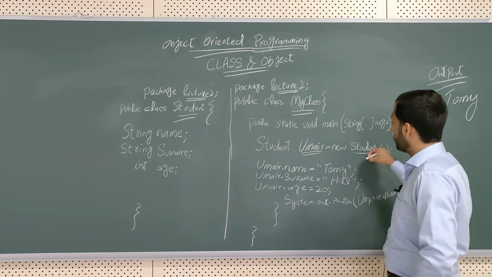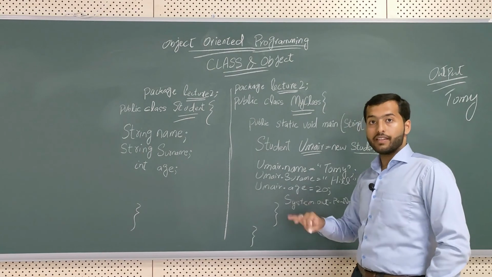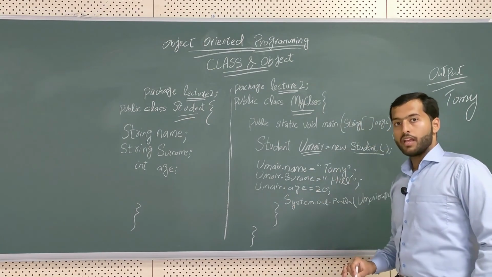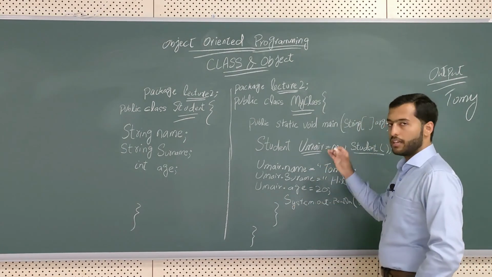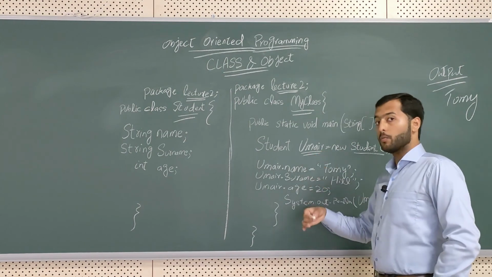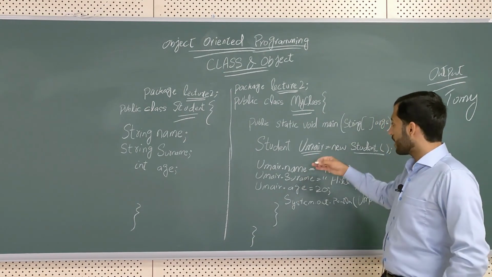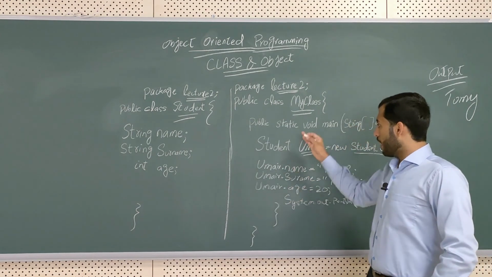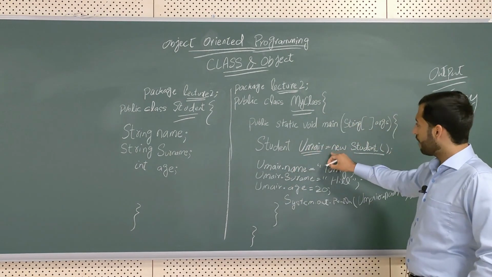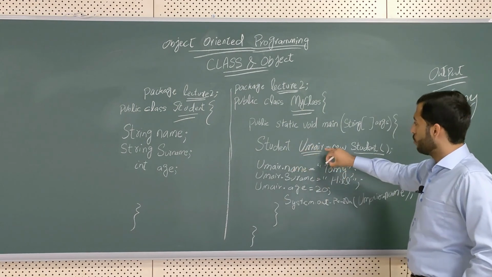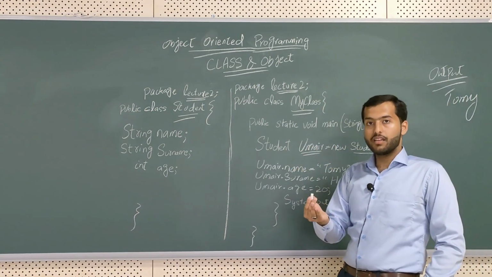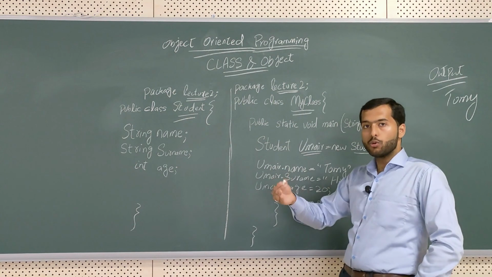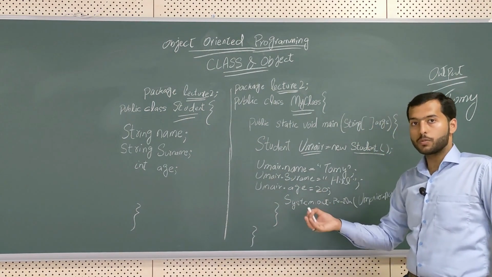If I want to create an object for a second student, I cannot use Umair again. I have to change it a little bit. I can create, for example, Umair1, Umair2, Umair3, or I can use another student name. That is pure logic. In part 2, we will do 2 or 3 objects. We will create the objects and then we will